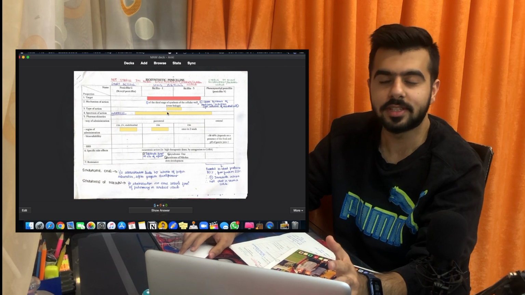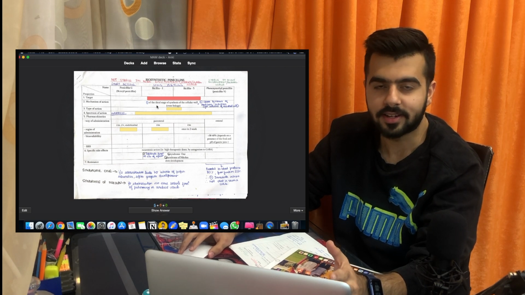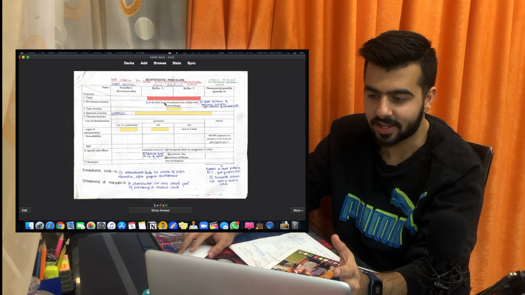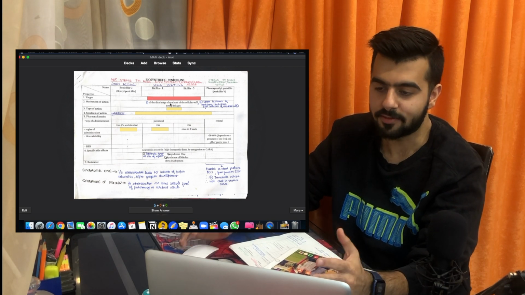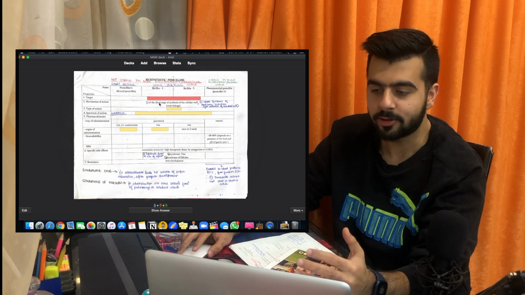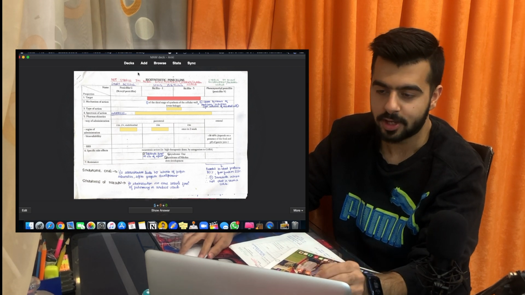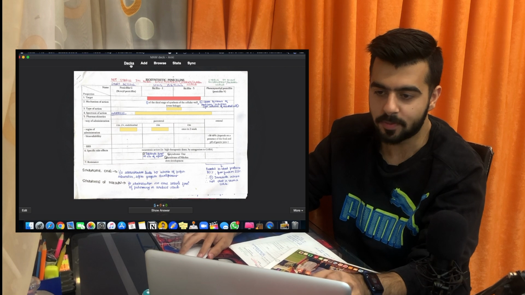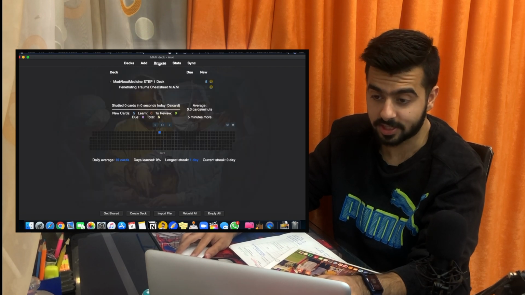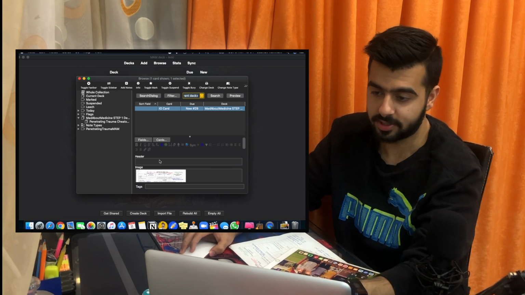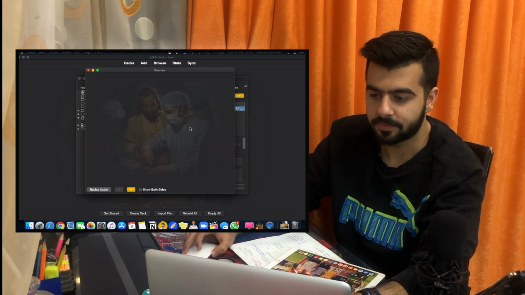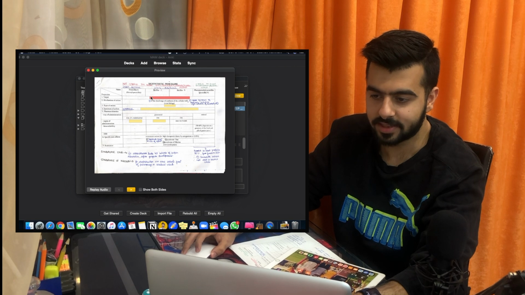But maybe you don't think this is a very good card and you don't get enough hint, like this is a very vague card maybe and it can have different answers. So how can you put more context to it? So let me tell you how. Just go back to your deck screen and go to the browse section. Find the card which you're looking for, for example here, just preview it. So we are looking at this card.